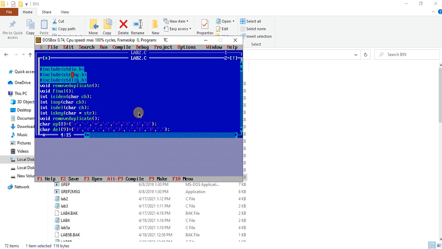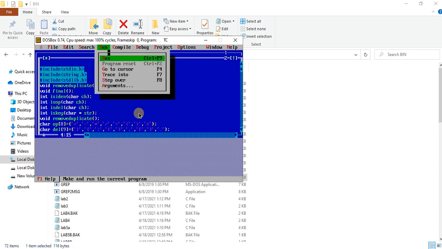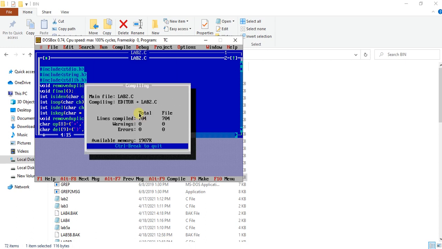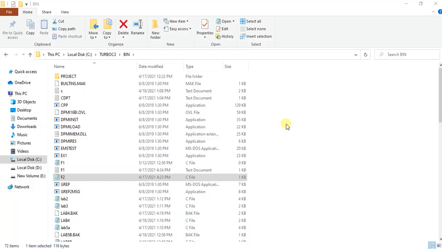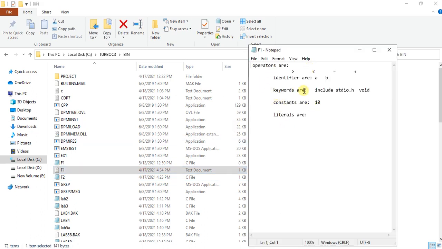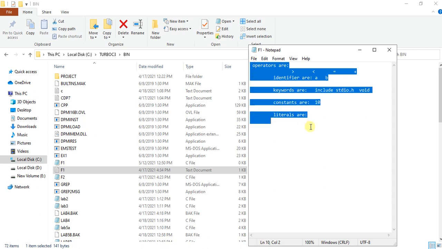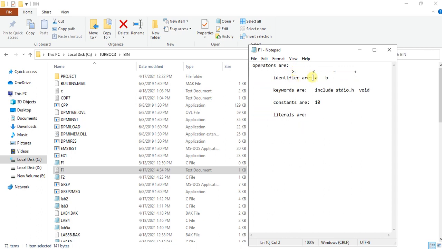The first C program is running in Turbo C++. To run this program, we have given the input as f2.c. Let's run this. You can see the output written in f2.c. What it does: it automatically writes this output, like identifiers are a, b, keywords are include, stdio, and so on.